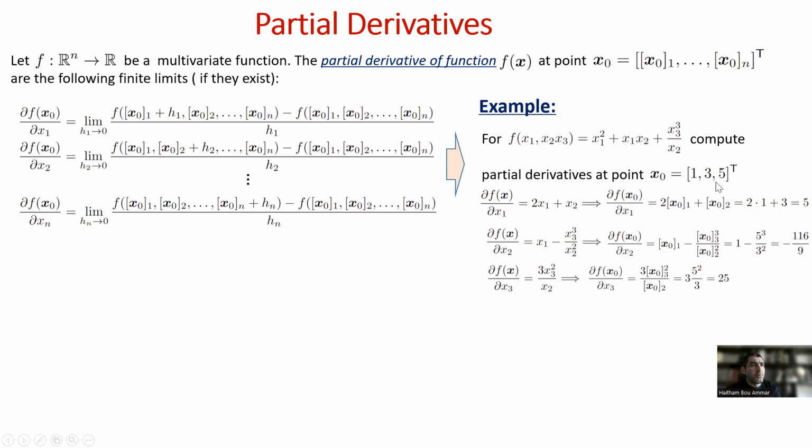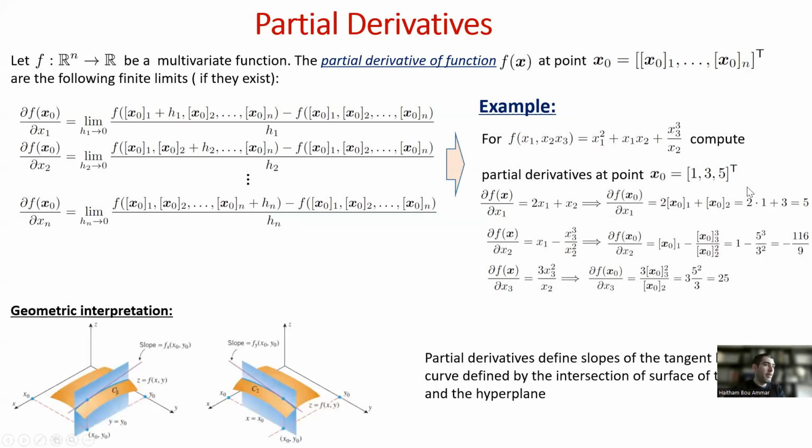And again, now if we want to compute that at the point (1, 3, 5), the only components that will be important here will be x2, which is 3, and x3, which is 5. And the result will be 25. So therefore, now we computed all the three partial derivatives of this function, x1 squared, x1 plus x1, x2 plus x3 cubed divided by x2, at the point